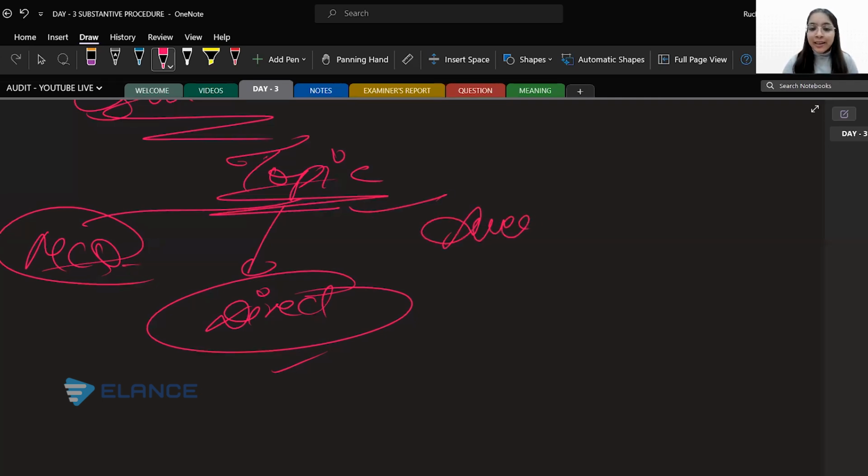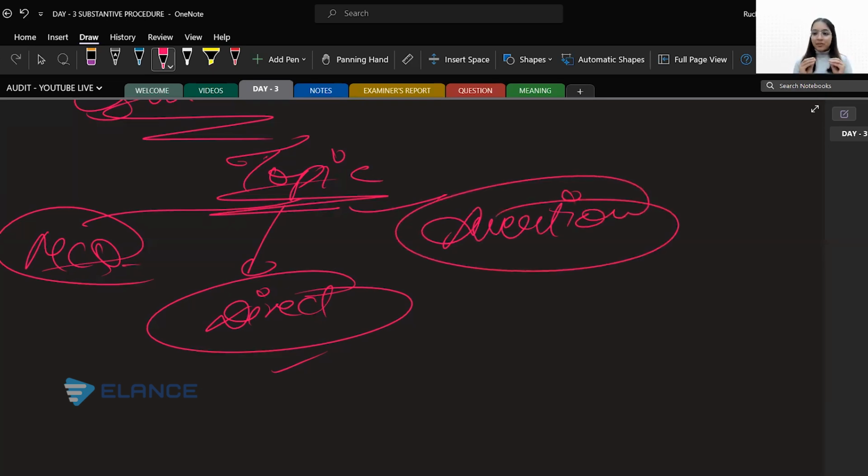Then the third category is assertion specific. What do I mean by assertion specific, ma'am? By assertion specific, I mean the question clearly states that you need to write procedures for the existence of PPE, okay? So the question clearly says what I have to check: I have to check existence, not valuation, and I do not have to discuss classification, presentation or anything else. I only have to write procedures on existence. So I need to write procedures specifically to the assertion for that particular thing. Okay, understood? I hope everybody must have seen this kind of question in the exam kit